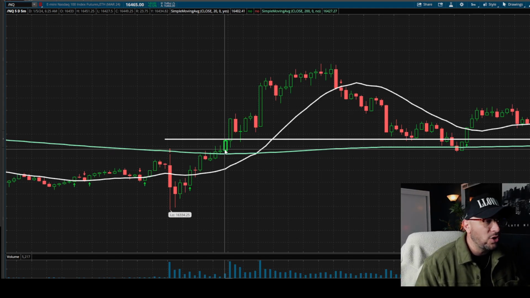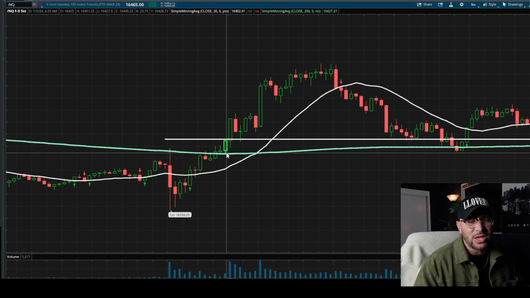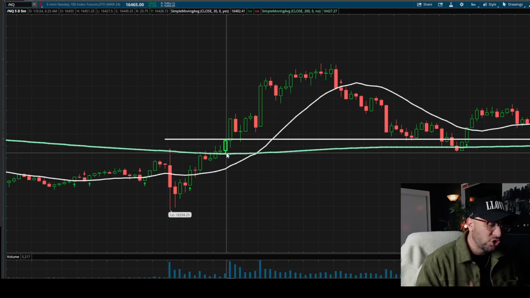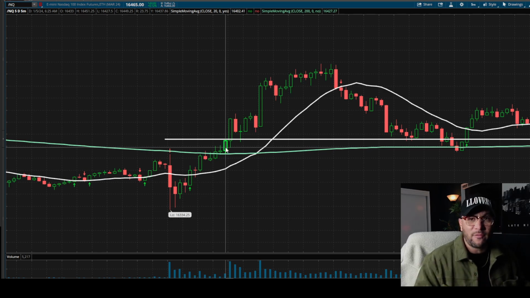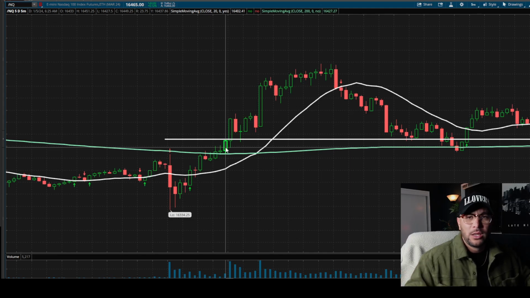Well, how can you manage risk? You're going to manage risk by using the previous 5-minute candle as your stop. Guys, this is not rocket science. Trading is nothing more than managing your risk. If you don't want to give up, let's say, 23.5 points, oh, that's too much risk, I don't want to lose 23.5 points on a trade,